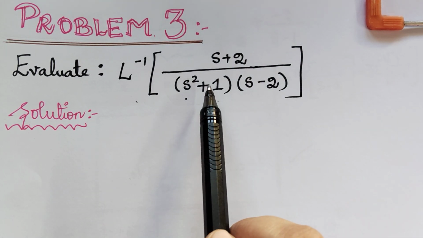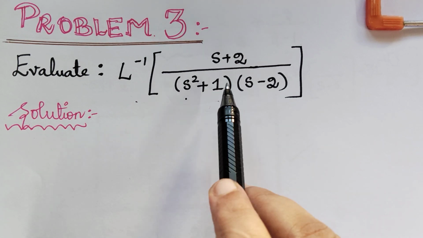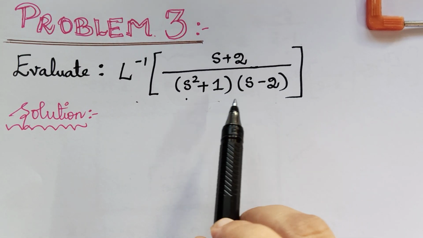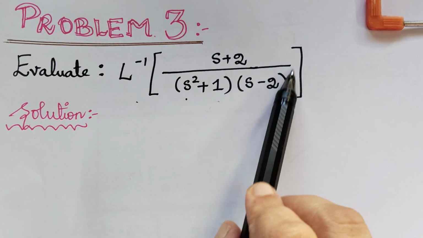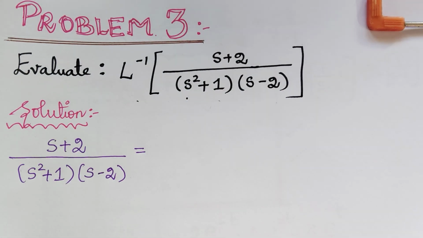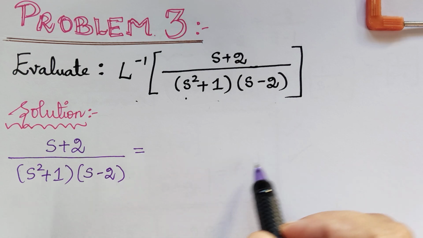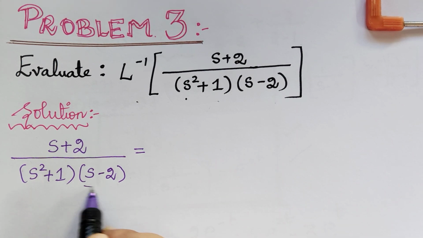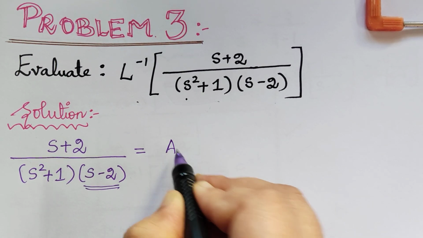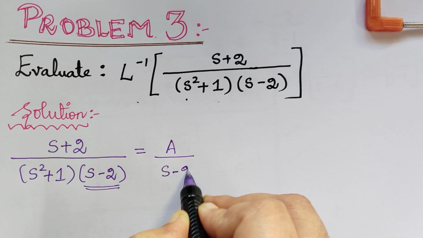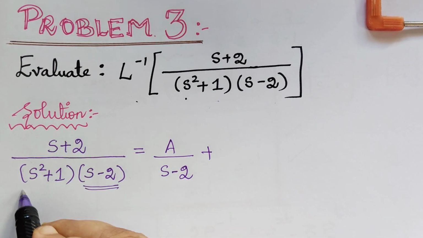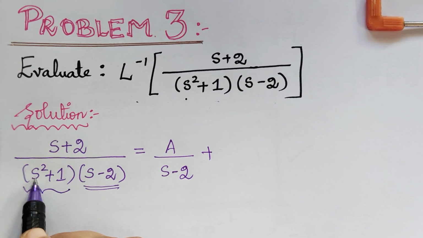We have to separate it into fractions by using partial fraction. So how shall we do that? First we will write whatever is there inside the bracket. Now we will separate the denominators into fractions, where first this term is a simple term. So we can write a divided by s minus 2 plus, now here the next term is s square plus